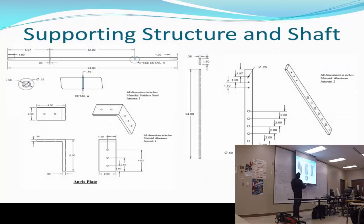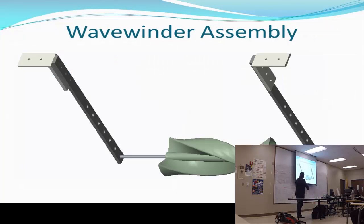These are the supporting structure and the shaft. The blueprints that I have, the drawings: the shaft, the angle plate that I'm gonna put there, the support, and the plate that is gonna be holding the shaft. Here's the Wavewinder Assembly. We can see that I left many holes here to play with the water height,